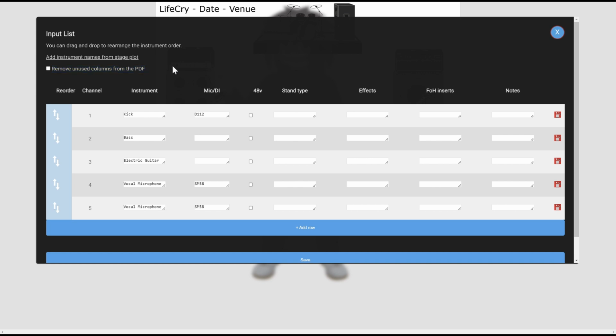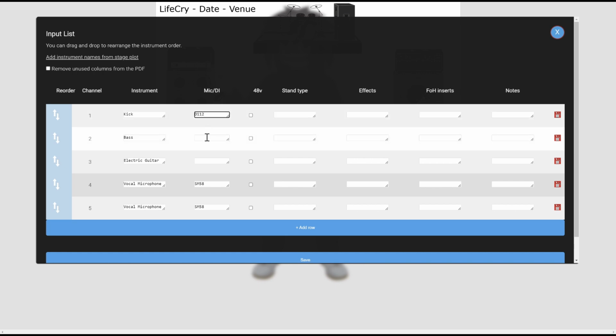So at the moment, if I were to create a PDF, the input list page would be a table very similar to what you see now, including stand type, which would have no entries in the column because we haven't filled them in. Same for effects, front of house inserts and notes. The mic DI column would definitely show because we have some entries within the column, even though not every instrument